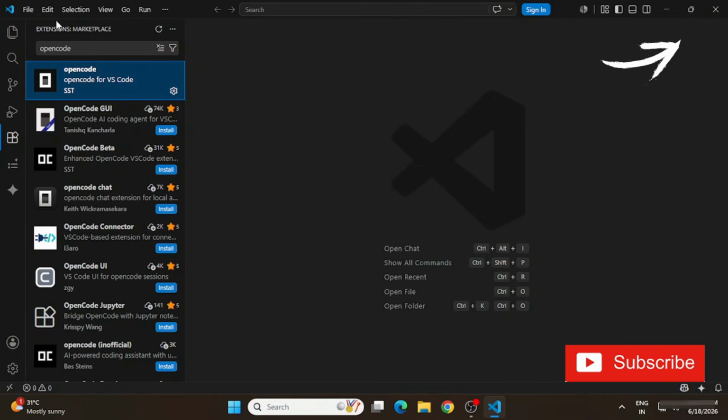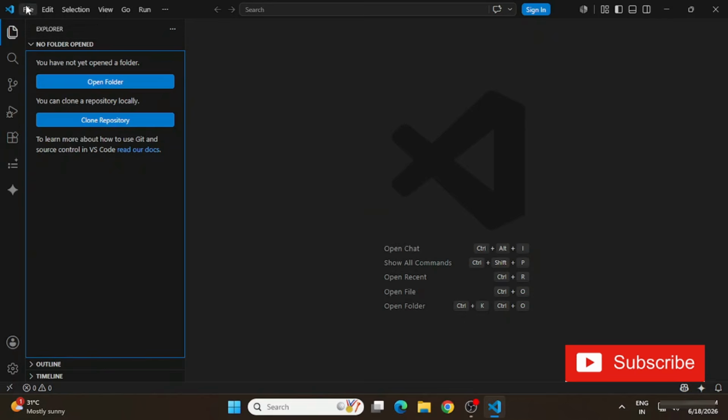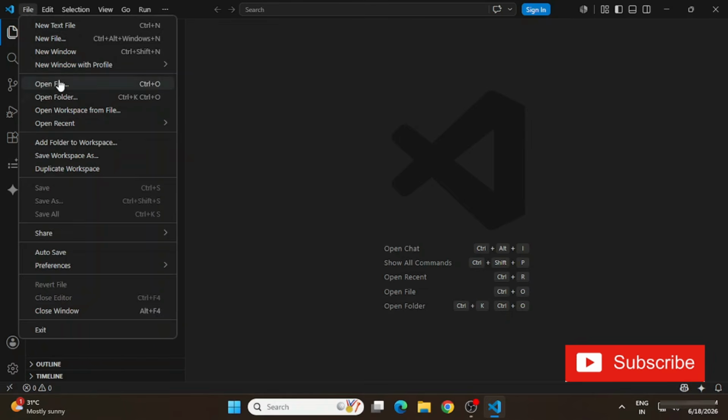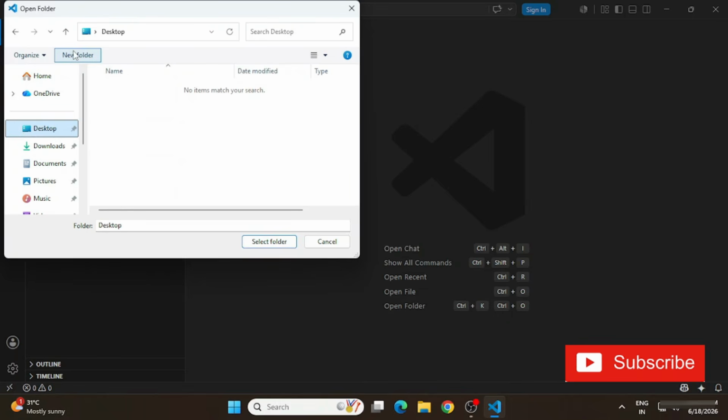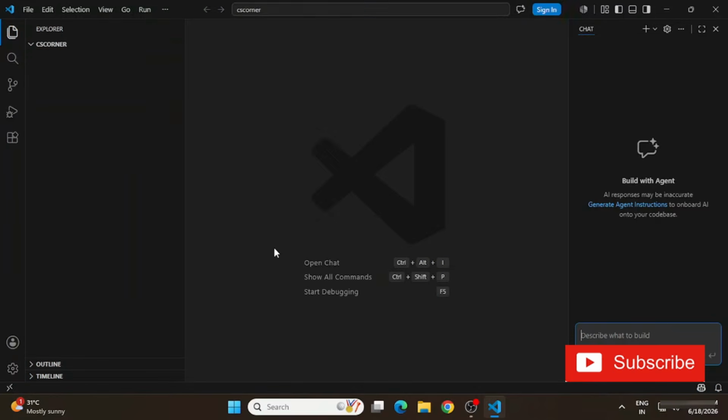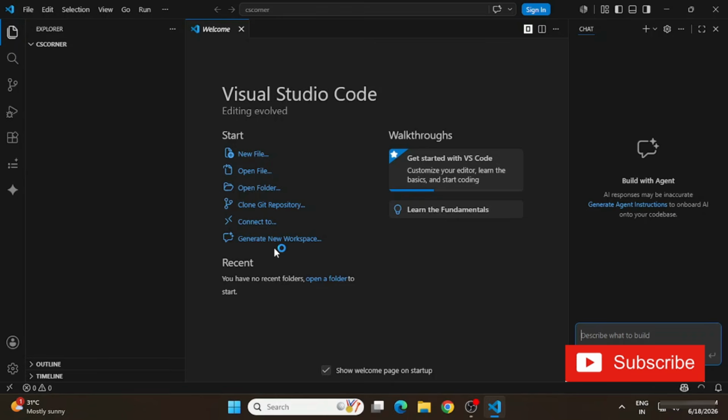Now after installation, we will be opening one folder because we will be creating a website, so we need a folder. Here I'm just opening one of my folders. I have created a folder on the desktop, CS Corner, and I'm opening that. So guys, after installing this extension, we have to install one more thing. But before that, let me open my folder because the files which will be created for your app or website will be stored in that. Just go to the file menu, select the open folder option and browse any of your folders. I'm just taking one of my folders.